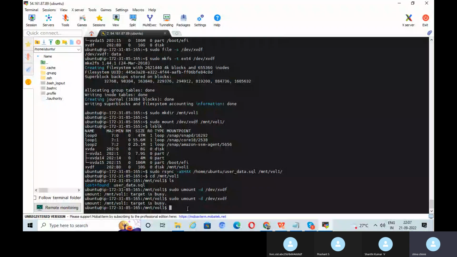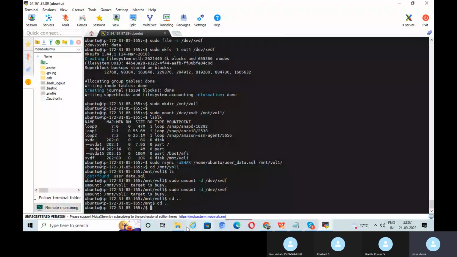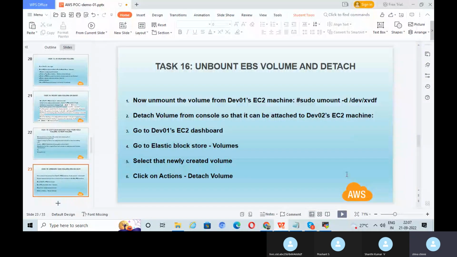So first of all, I executed in the mount volume directory. First of all, I need to come back. Sorry for that. So cd dot dot, dot dot. So actually now I am in the root account. Okay. So execute sudo umount